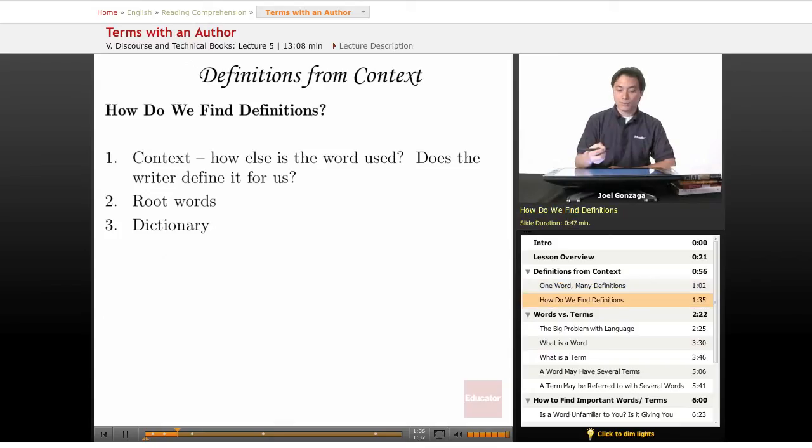So, how can we find these definitions? Well, remember, context is always your best place to start. Well, unless it's very technical, then you need to go straight to the dictionary. But context is always helpful. How else is this word used? Does the writer define it for you? Don't be afraid to review those vocabulary lessons and figure out what those great Greek and Latin root words were